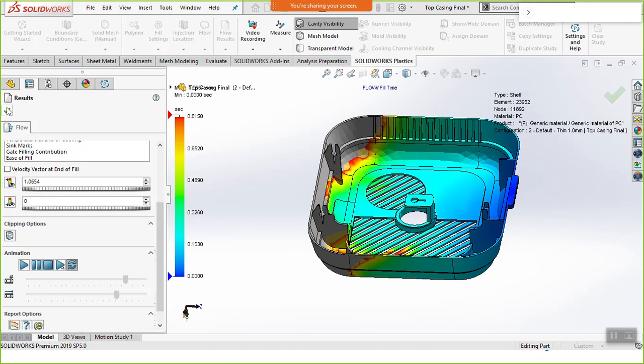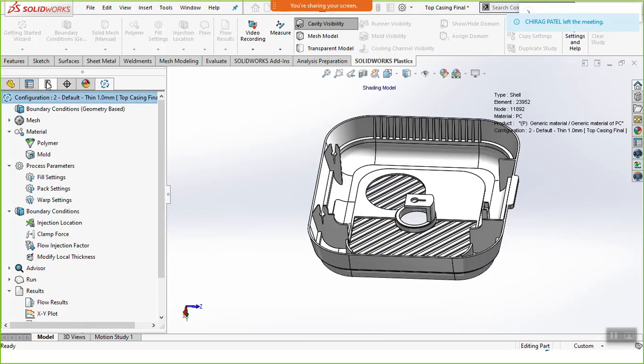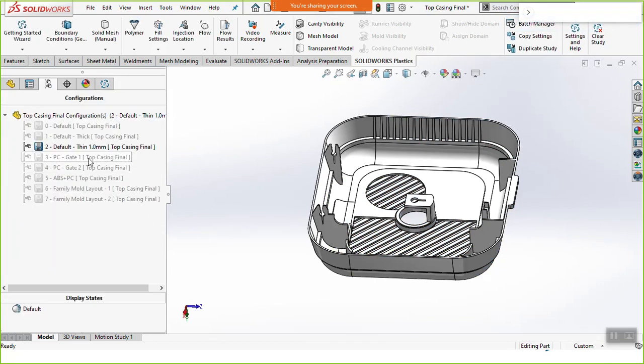As I mentioned, it would be due to your improper gate location, improper material of plastic maybe, or improper design. So all these things can be taken into account. One by one I will do it, like I am increasing the thickness. If you look closely over here, the thickness is uniform. But what if I increase the thickness?